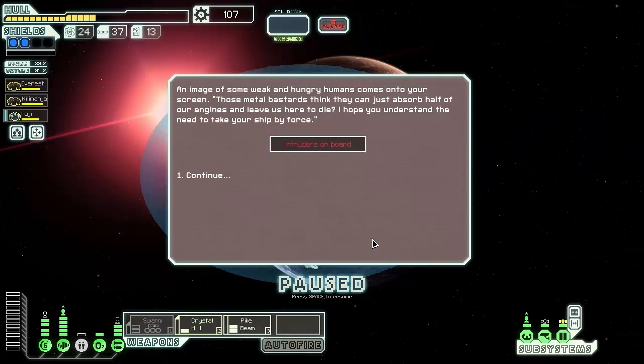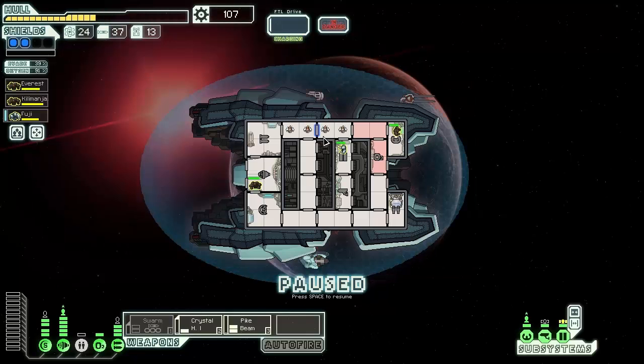What's here instead? Oh, butts. An image of some weak and hungry humans comes onto our screen. Those metal bastards think they can just absorb half our engines and leave us here to die. I hope you understand they need to take your ship by force. No, if you just asked us, we'd take you home. Trying to take our ship by force is a great way to get yourself killed with our